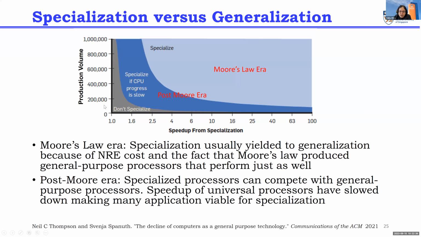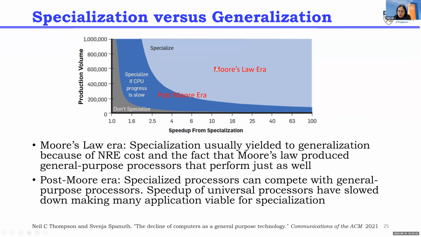So this is a graph that shows the trade-off between specialization and generalization. On the x-axis, what you are seeing here is how much better a specialized application is compared to executing it on a general purpose processor. So the higher the number, the better the benefit of this application from specialization. On the y-axis, what you are seeing is the production volume. This is the number of units of this chip that need to be shipped in order for you to benefit from the specialization. So when we were in the Moore's law era, this is the light blue portion of the